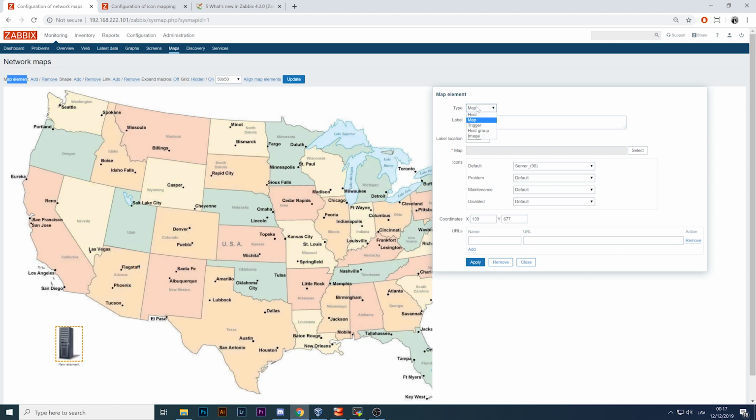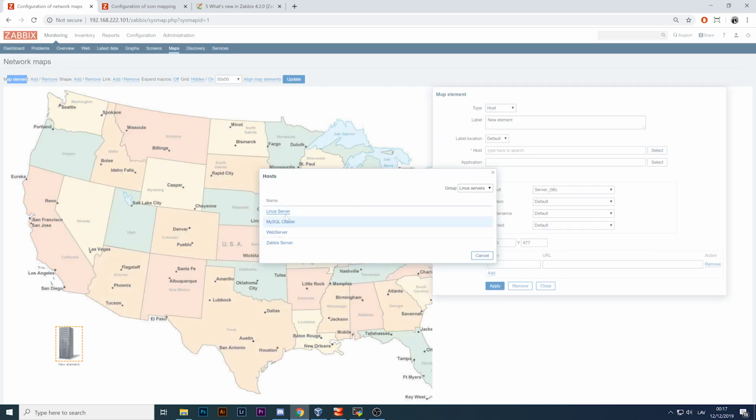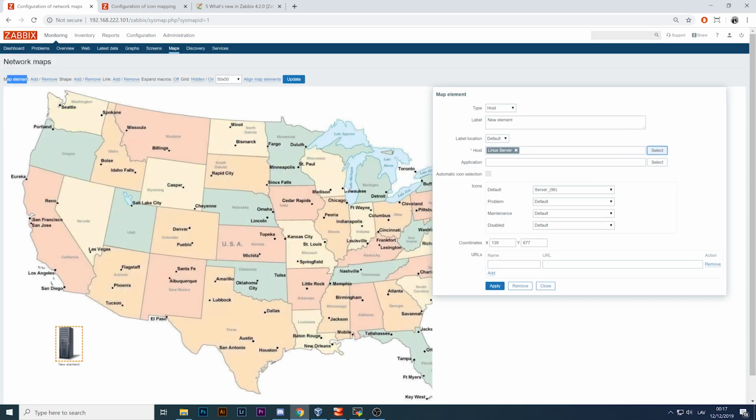For now, we'll leave it like that. And the third one is just a trigger. So instead of visualizing the problems with the host, you can visualize the problems with the triggers or in the all host group, or just a simple image without any meaningful information. So let's pick a host. And I told you that I already created four hosts. So let's make it Linux server. And click apply. So all the time we can click apply and see what happens. So we made this a host, but